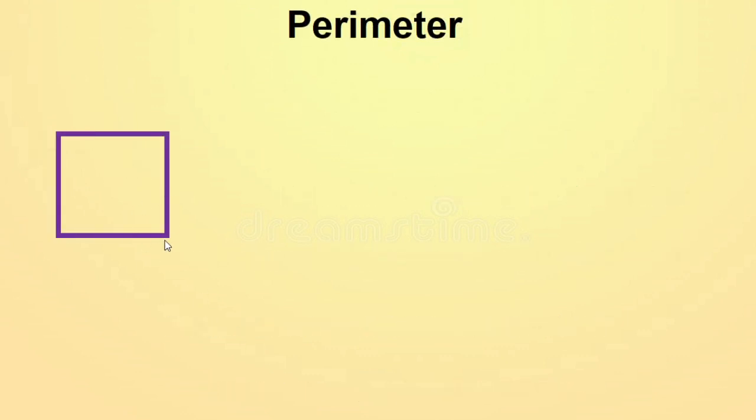Next, a square is given, right? These are the 4 sides of the square. We will again name them. Okay. And here only one side is given, that is 4 centimeter. Yes, dear children, a square has 4 sides and all the 4 sides are equal in length, isn't it?